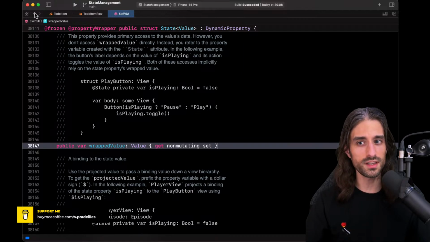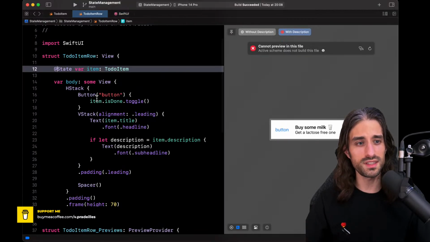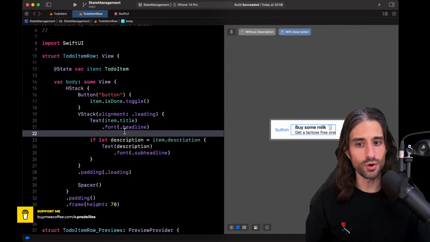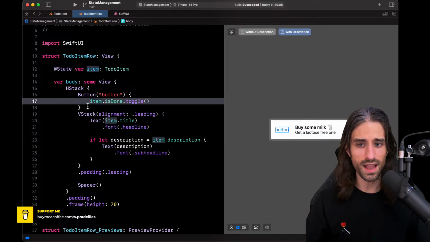It's actually quite important because it's the fact that we have this non-mutating set that allows updating a property of a struct inside a closure defined in the body of that same struct, even though in Swift it shouldn't really work. It works because we have this @State that will be in between and it will be able to intercept the change, let the SwiftUI engine know about it, and also keep that box constant so that Swift is also happy with how things have been implemented.